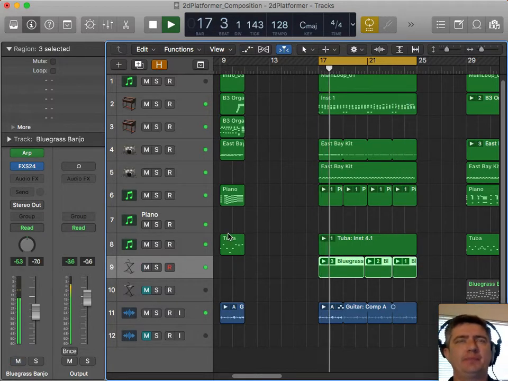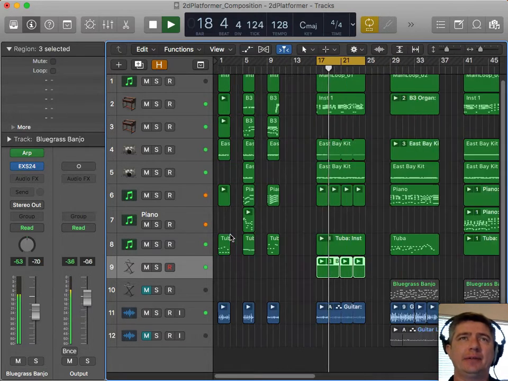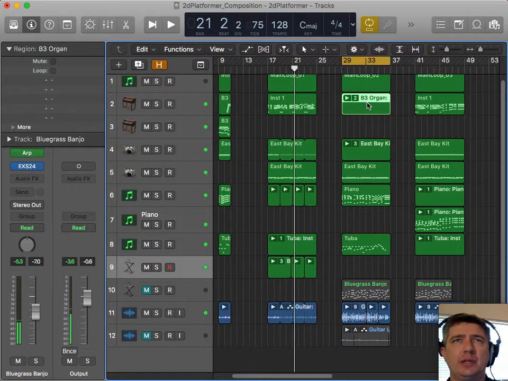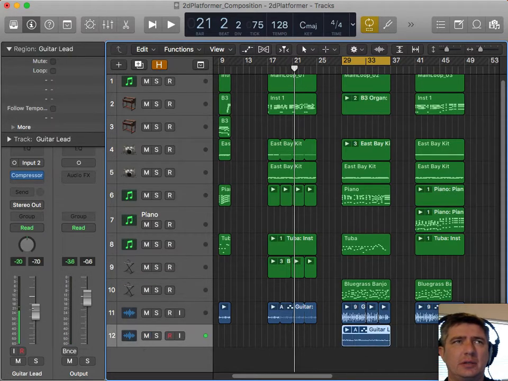And I get a basic outline of my progression, and then I would go on to my next one, doing similar types of things. On this one, the guitar takes the lead. I think this guitar line here takes the lead, and the banjo is now in the background.